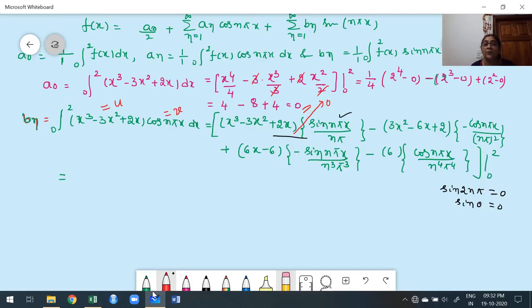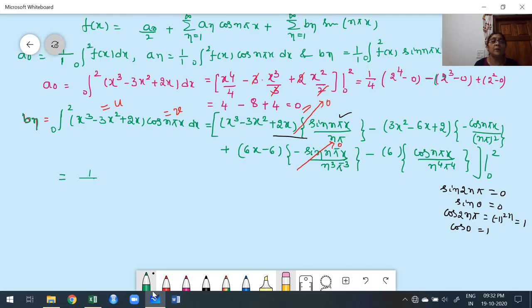Similarly, moving to this side, what do we have here? Cos. The upper limit is 2, so cos of 2n pi, which is minus 1 to the power of 2n, that is 1. And also cos 0 is 1. Similarly, here we have sin n pi x. Just now we verified that this is also 0 for upper and lower limits, so the entire term must be 0. It is not necessary to verify that. The next step is now minus into minus, plus.